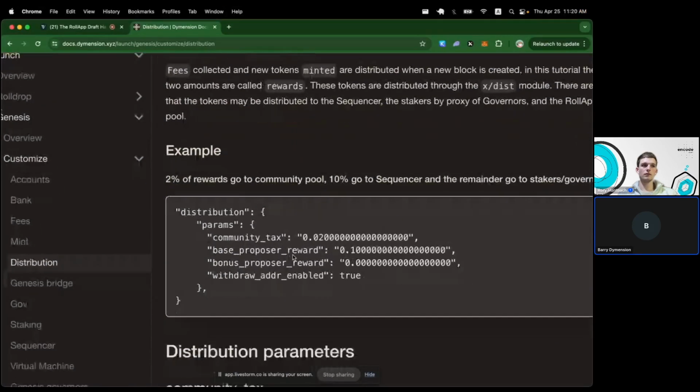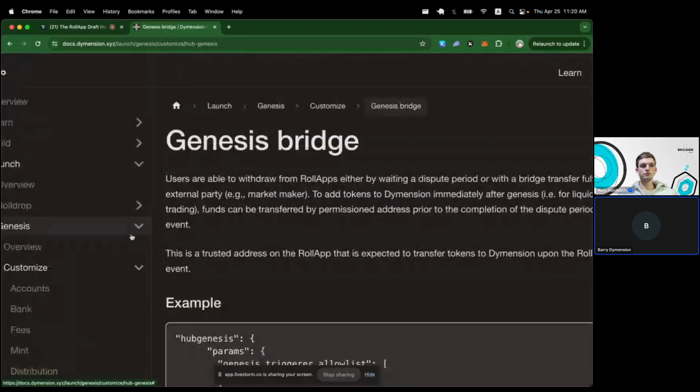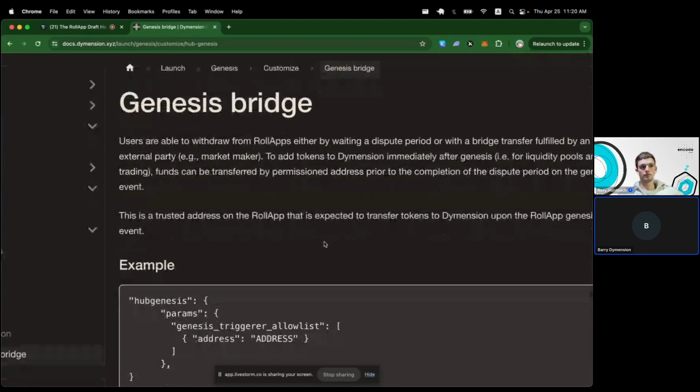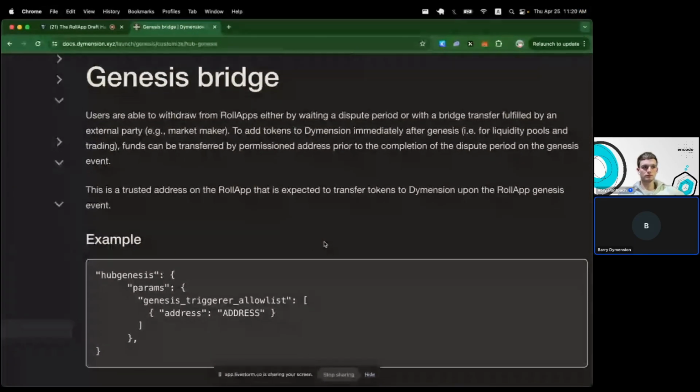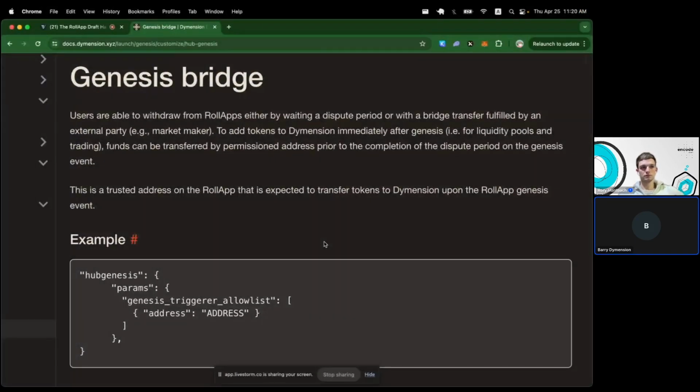That's that. The next thing is setting the Genesis bridge account. What this is used for is transferring tokens from the RollApp to Dymension on Genesis or around Genesis. And this is helpful for funding the liquidity pools. For example, if people want to trade the token on the hub or on Dymension, or if people want to trade it on